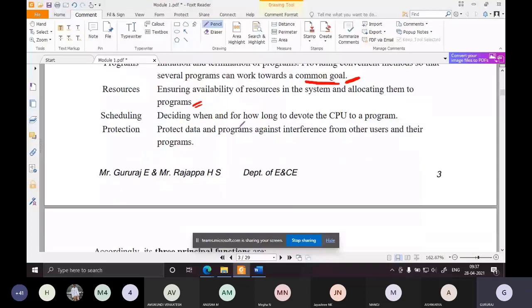Okay, that is resources. Then the next one is scheduling. So scheduling means deciding when and for how long to devote the CPU to a program. What do you mean by this? Scheduling is concerned with the CPU. Remember that CPU, and what it will do is decide when and how far a program will be given the chance